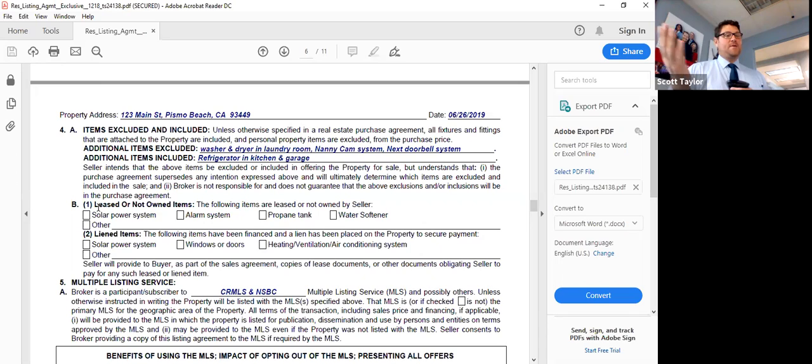We're talking now paragraph 4A and B. We're talking about items included and excluded from the sale. So you get a chance to chat with your seller and say, do you plan on leaving the washer and dryer behind? Are you selling the house with the nanny cam system, or the next